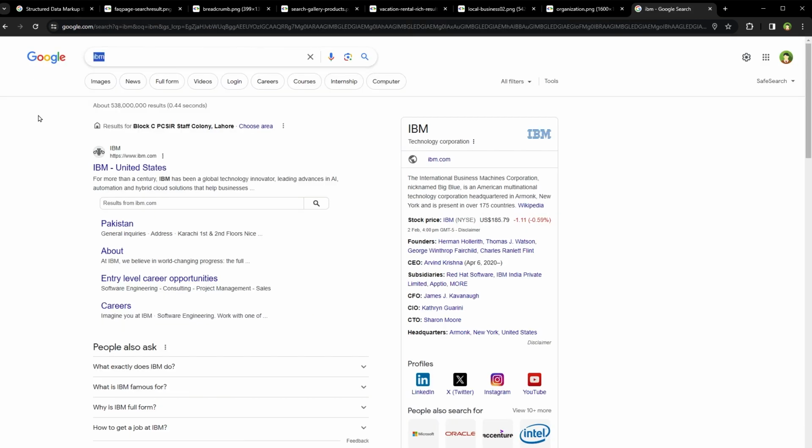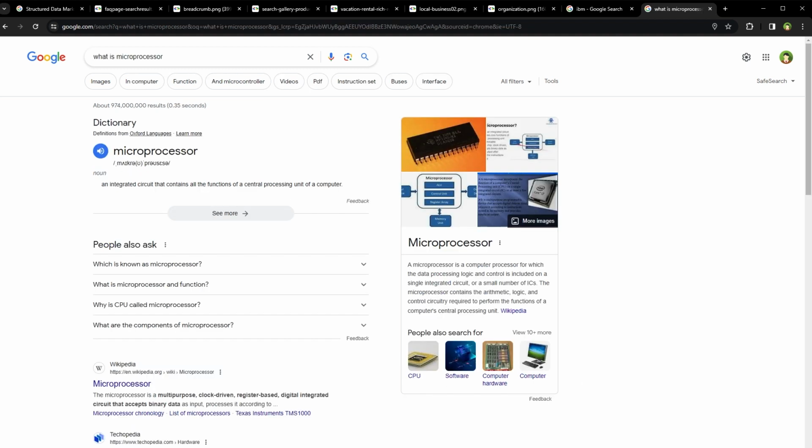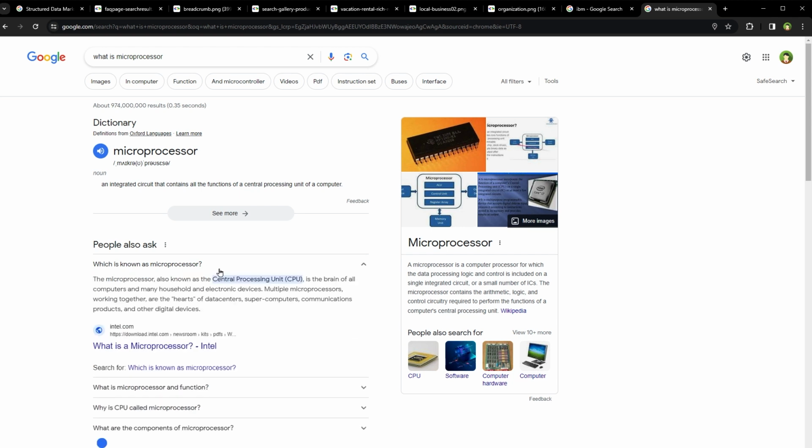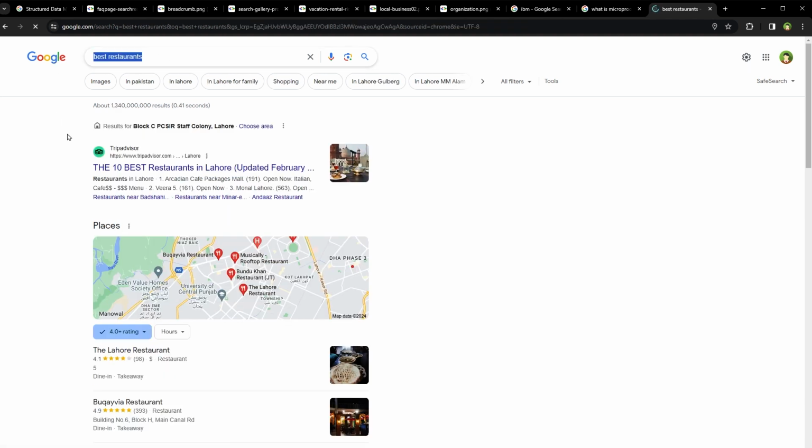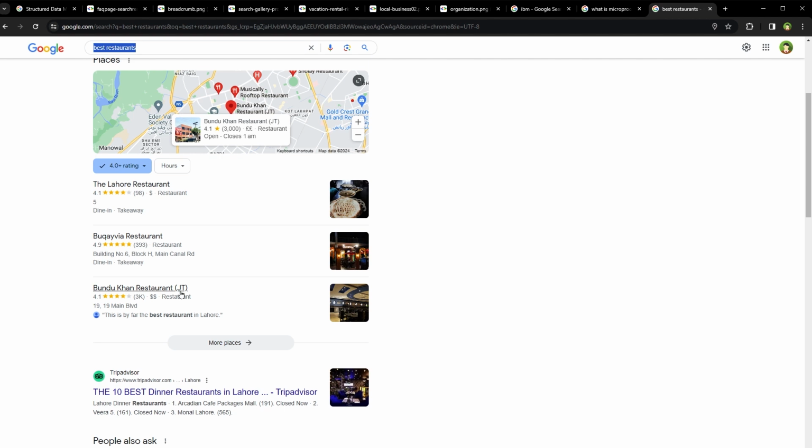If you search a business such as IBM, you will see this knowledge graph and social profiles about the business. If you search a question such as what is microprocessor, you will see frequently asked questions answered by different websites. You can click on a question to see which website is answering that question. If you search for best restaurants, you will see results from Google Places and Google Maps, suggesting and directing you